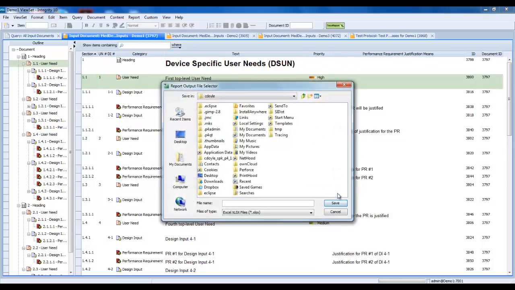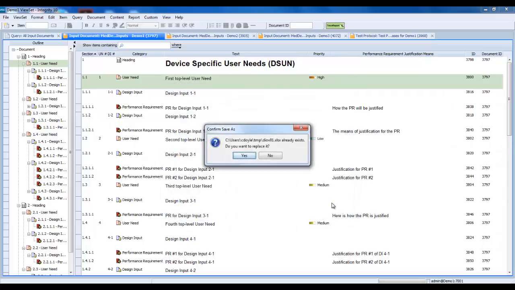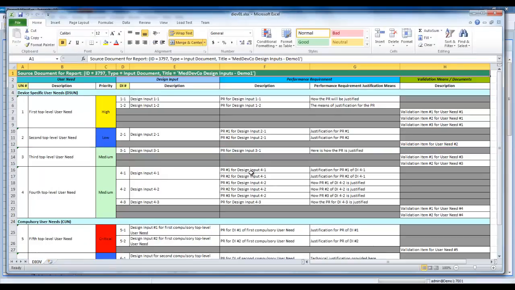The report templates of the SPK Trace Report engine are by default stored on the server, and this avoids the issue of distributing report templates to end users' desktops or laptops. Once the report has been generated, as shown here, the SPK Trace Report engine can open it directly within Microsoft Excel. As you can see, it generates a tabular trace matrix style report where the different artifacts occupy blocks of